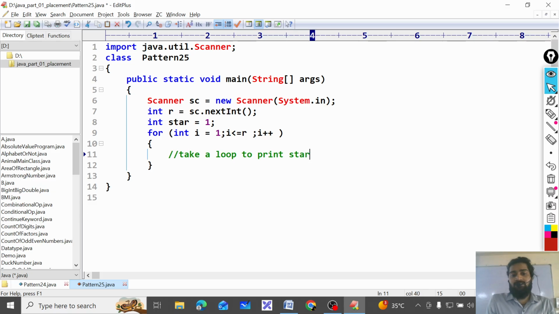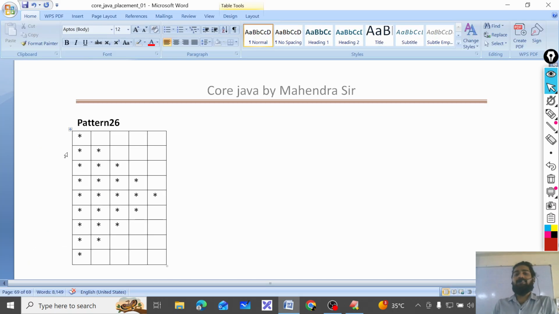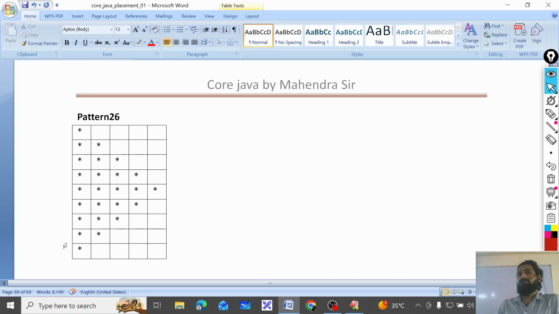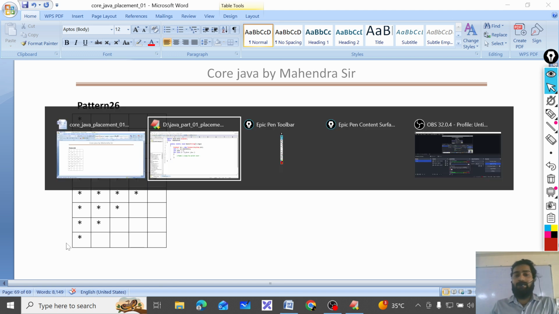Why not space? No need to print space. If you observe closely, this is the right side of the y-axis. See the diagram. That triangle, is it on the right side or left side of the y-axis? So on the right side of the y-axis, do you have to print space? No, that's the point.